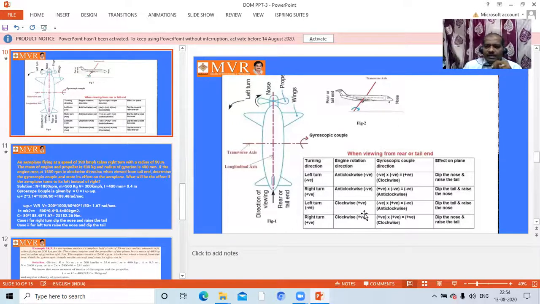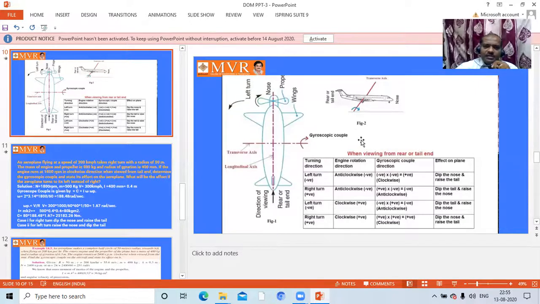I think I am clear with the gyroscopic effect. The gyroscopic effect is due to the motion of the aeroplane. The motion of the aeroplane has three cases: one is the takeoff condition, the second is the landing condition, and the third is the rolling condition, that is when the plane takes a left turn or right turn. These are the three conditions you have to remember. The second is that it depends upon the anti-clockwise or clockwise motion of the rotor, or we can say the propeller here. We have to technically say it's a propeller. Then how to analyze? The analysis should be explained with either the nose or the tail only.